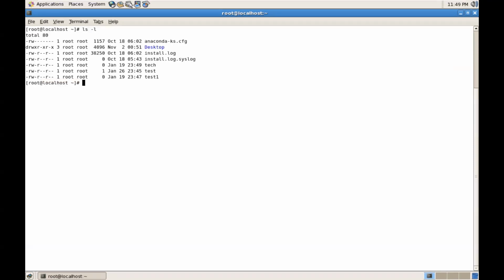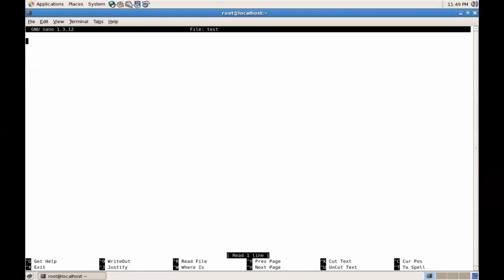So in our last practical, we created two test files, test and test one. So I am going to use the nano command and type the name of the file, test. So here you can see you can write it here. So this is a test file, and in the bottom of this nano editor you can